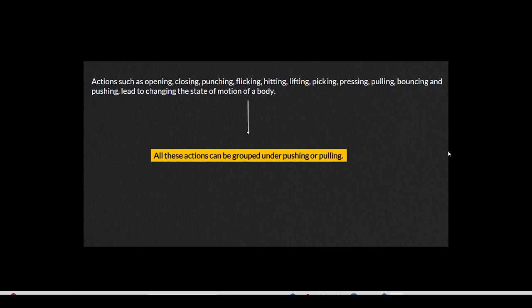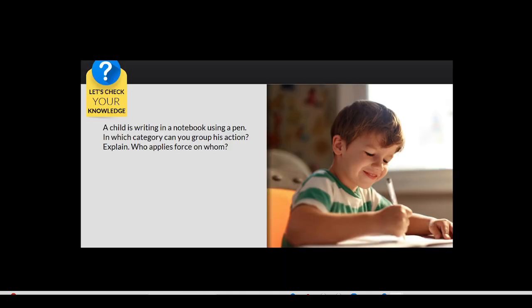This guy punched that bag. He has muscle. So here this kid is writing using a pen on the notebook. Here, who applies force on whom when he's writing in his notebook? I think the pen is putting force on